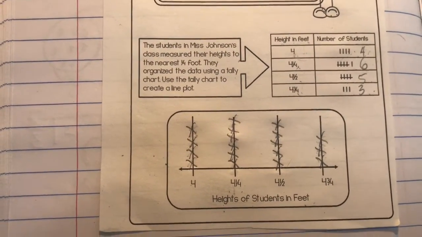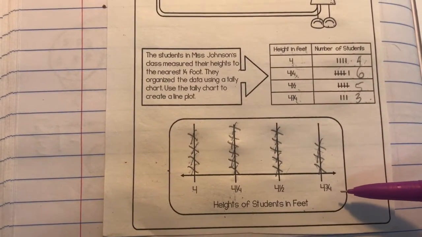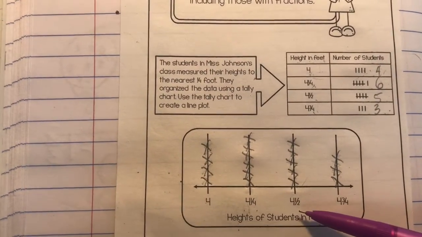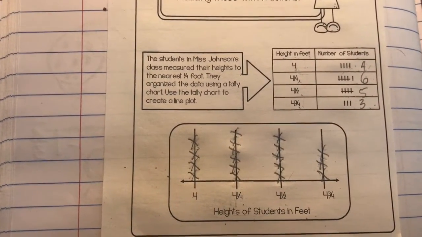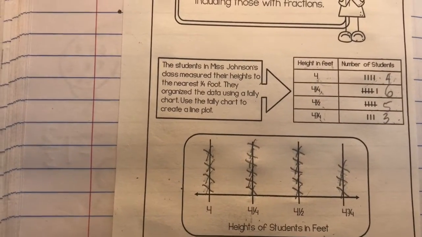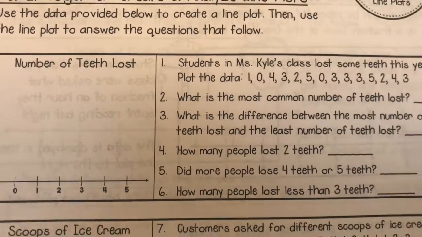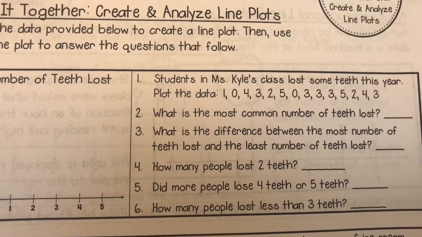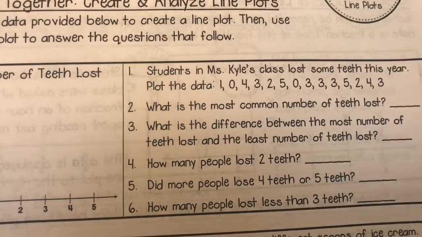Once these are created, sometimes they will have them created for you and sometimes you will create them, and then they're going to ask you questions about them. This one happens to be a fractional line plot, which is where we're headed, because they're going to want to ask you questions about adding, subtracting and multiplying fractions, which you already know. Sometimes, like on this one, the line plot has whole numbers. This is how you start off with whole numbers and work your way up. You'll go from whole numbers to fractions to mixed numbers, and that's how it increases in